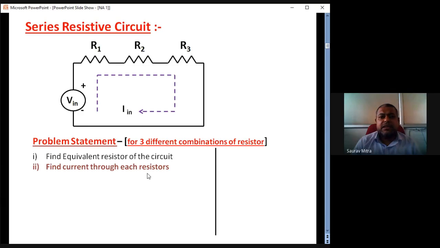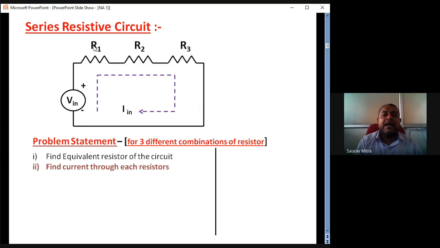But one caution is whenever you are choosing resistances, you should be choosing in the same range of 10. So it should not happen that R1 you are taking as 1 mega ohm and R2 you are taking as 100 ohm. It should not happen. So what you can take is R1 100 ohm, R2 you can take 220 ohm, R3 you can take 330 ohm. So this is one combination. And calculate all these things: equivalent resistance, equivalent current, equivalent voltage, power through all the components, and all these things.